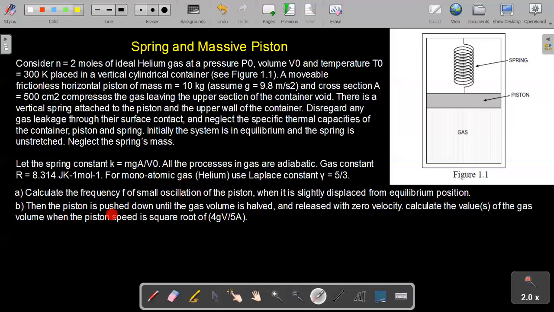And B, which is the piston is pushed downward until the volume is halved and then released with zero velocity. So we have to find out volume or volumes, maybe two values, when the piston speed is square root of 4gV over 5A. This V is actually initial volume, here the V is V naught. So this is the question part, right? So let us,